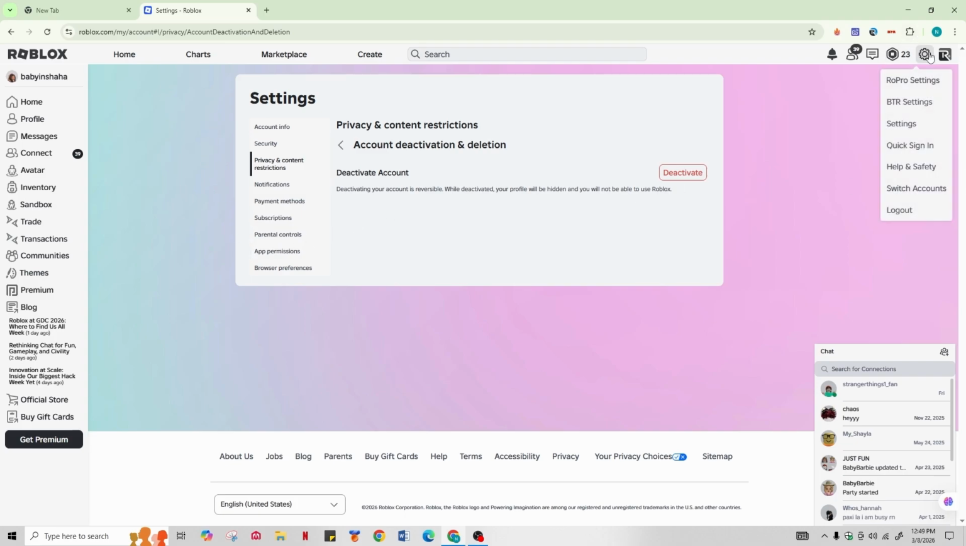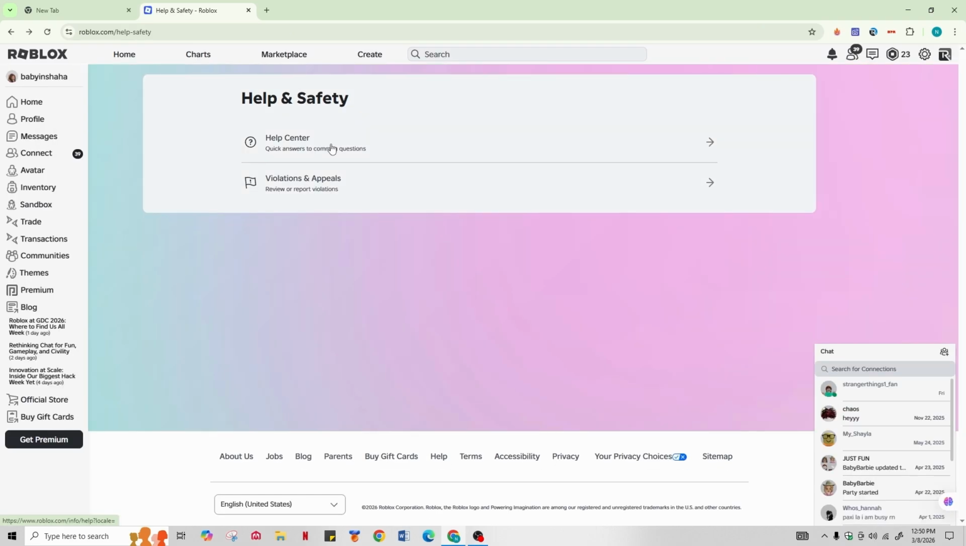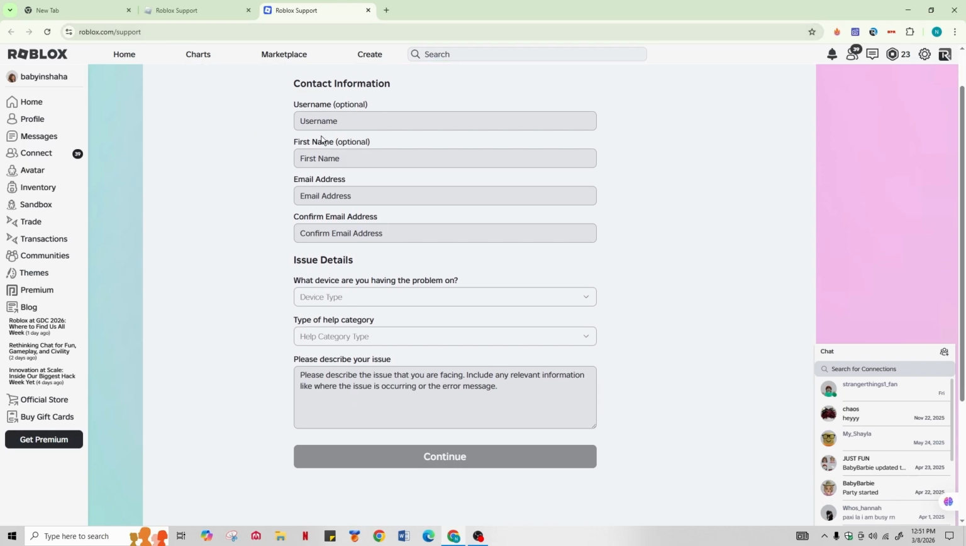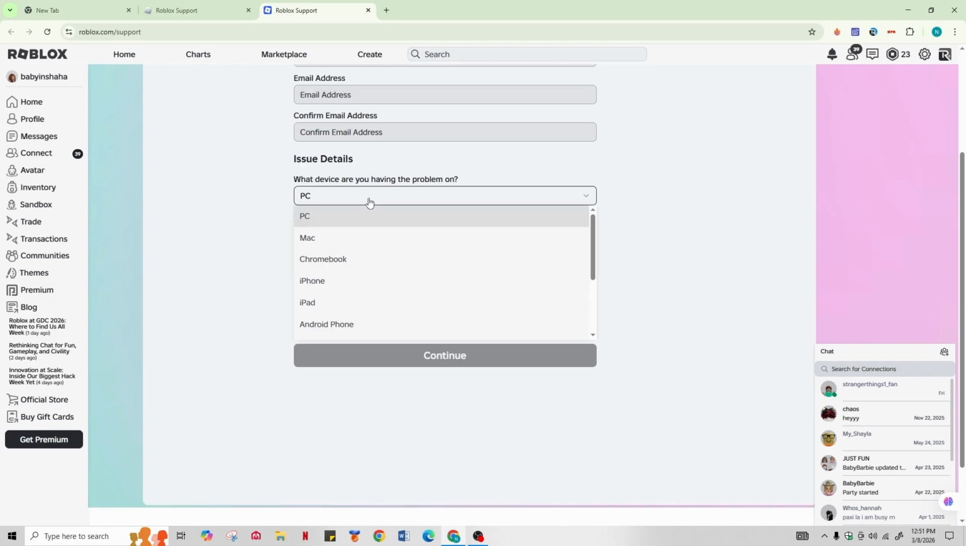on the gear icon in the top right corner. Then select Help and Safety. Go to the Help Center, or you can directly go to roblox.com/support. And here enter your username, your first name, your email address, confirm your email address, select your device, then